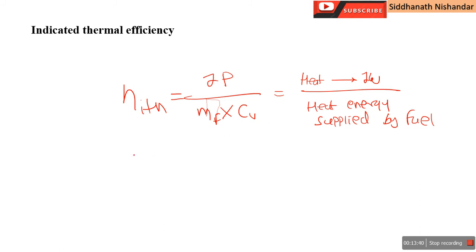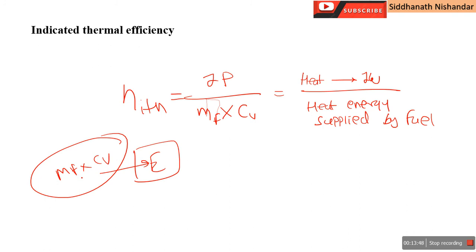Okay, if you see the engine, what is the input? The mass of fuel into the calorific value. That amount of energy we supply to the engine is the chemical energy: mass of fuel times calorific value, and that energy is converted first into indicated power. The power is available in the cylinder, or the power developed in the cylinder at the end of combustion. If you take the ratio of what amount of power developed to what amount we supply, that is the indicated thermal efficiency. Okay, it's the ability of the engine to convert the supplied heat energy into indicated power.